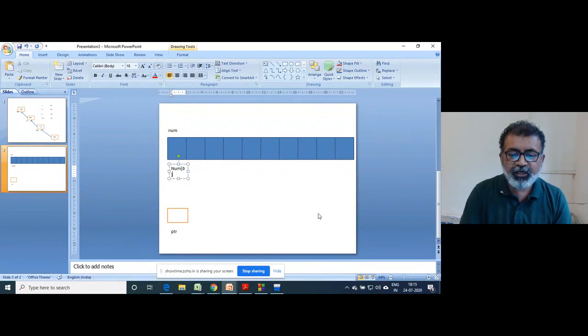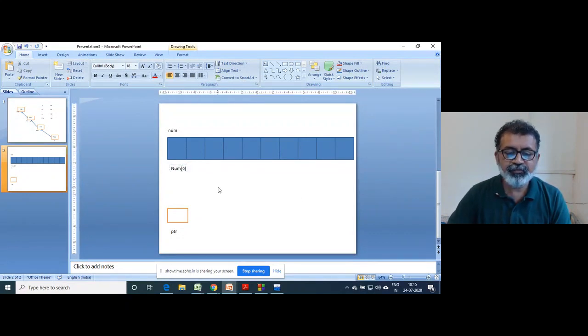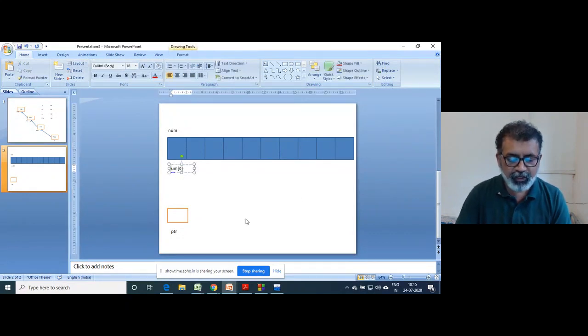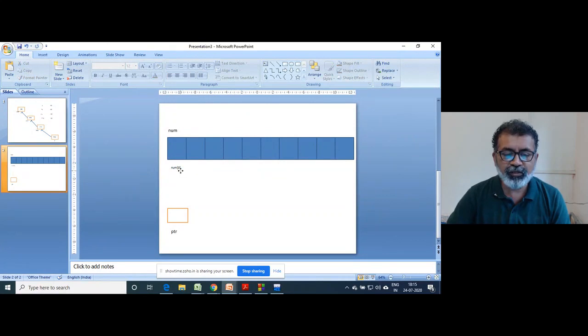And this is the individual name of an array element. Don't get confused. Num0, right?